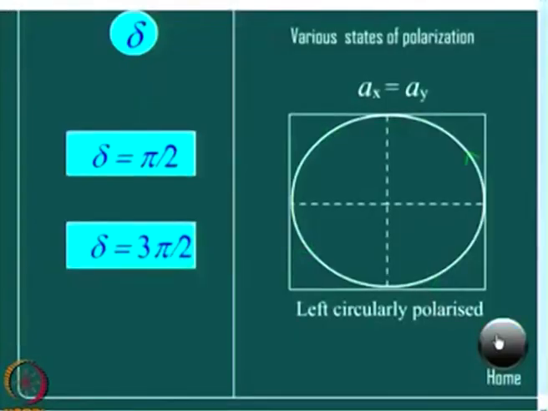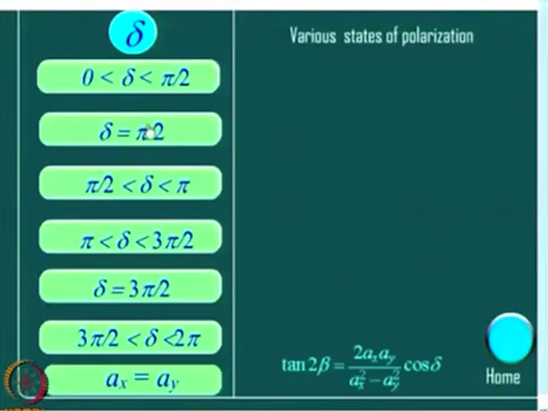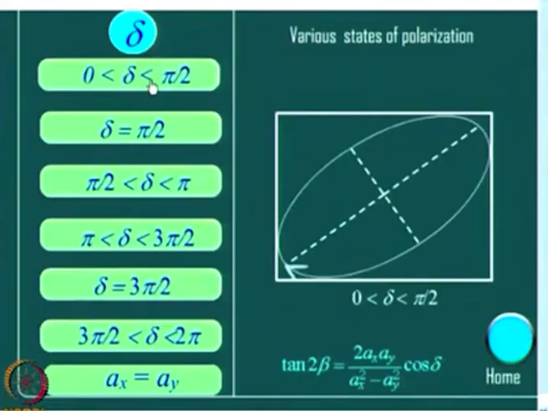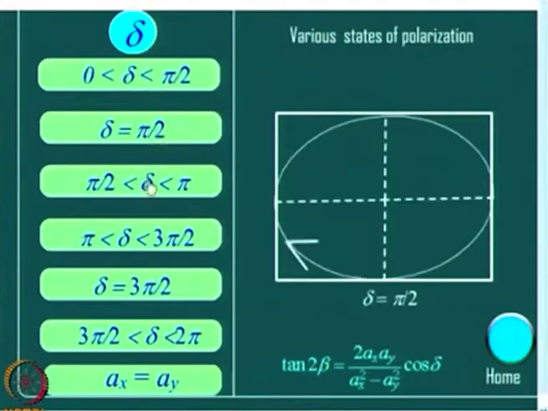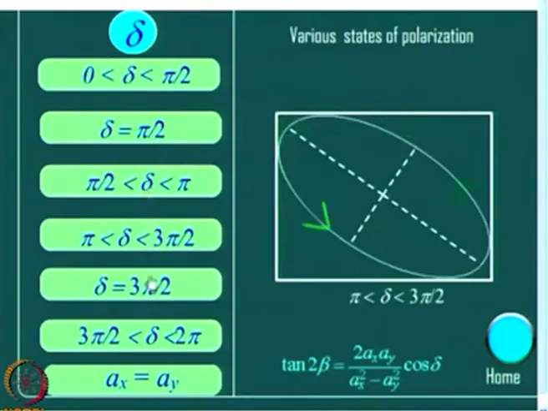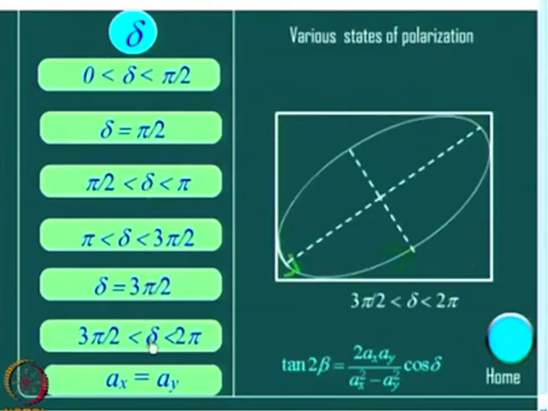As far as this discussion goes, what you find is, when I have two simple harmonic motions which are mutually perpendicular, which have a phase difference, for different values of phase difference, I get different states of polarization as the exit light. So, this gives you a hope